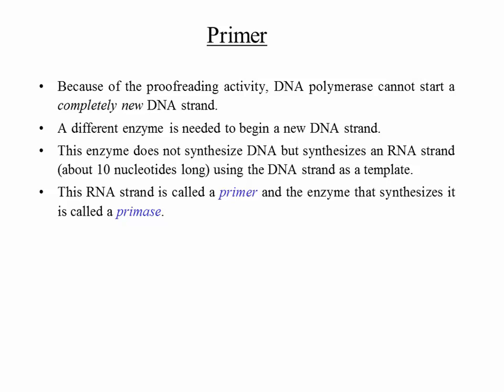And that doesn't have to be that accurate, because you're going to get rid of that initial thing later on, right? For DNA, it has to be very, very accurate. So that enzyme doesn't have any proofreading activity, so it'll get the DNA strand started. Like maybe in the beginning there will be like 10 nucleotides of RNA, and then the rest of the DNA will be synthesized. So this RNA strand is called a primer, and the enzyme that synthesizes it is called a primase. Right? It produces an RNA primer. Okay.